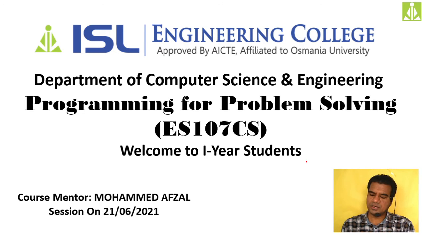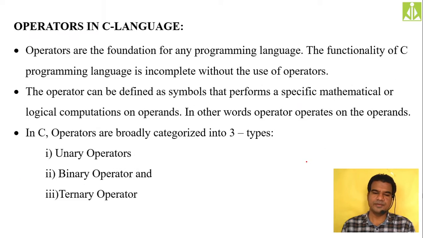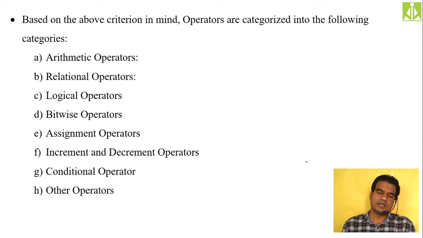So definitely we have discussed all such types in C language. All these types of operators have been broadly categorized into three categories: unary operators, binary operators, and ternary operators. Unary operators take only one operand. An operand is something on which the operation is performed. So unary operators take only one operand to perform their operations.